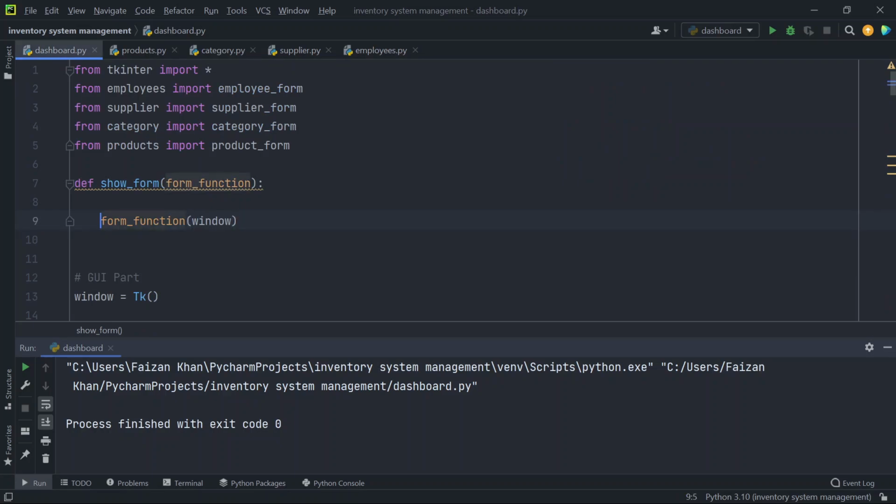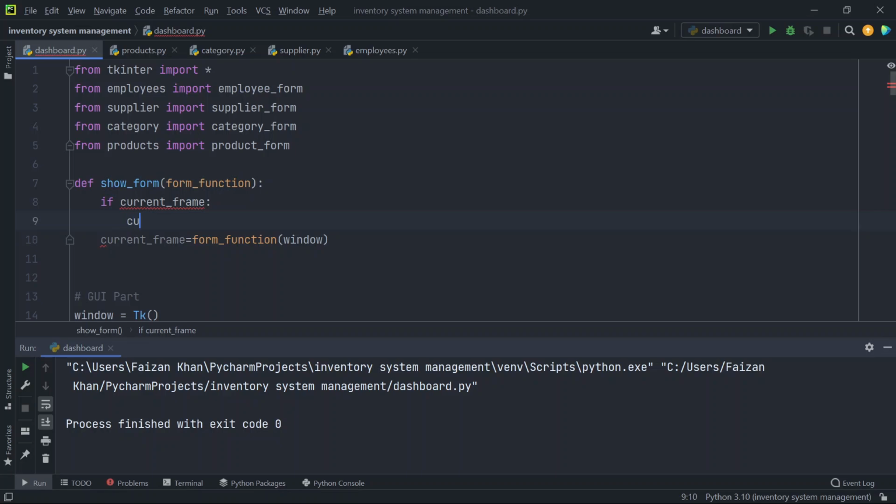dashboard.py file. So here we will receive it, we'll name it current_frame. Okay, so when you will click on the employee button, this form function will be called. Okay, and it will return you the employee frame inside this current frame, right? And here we can check if current frame is open or not. If it is open, then we will destroy it. So we'll write current_frame.place_forget